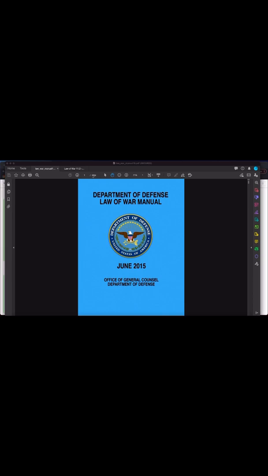As you can see, it's large, 1,204 pages. So this is the PDF version of it that you can download. I believe it's on the DoD website. It happens to be locked, so you can't do any kind of editing to it, like highlighting. The highlighting feature doesn't work on here.